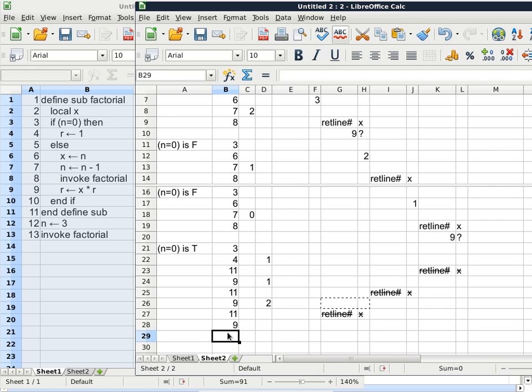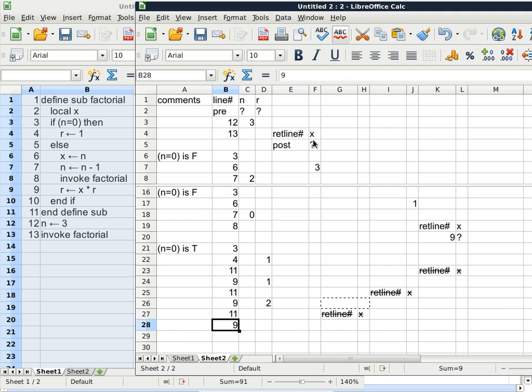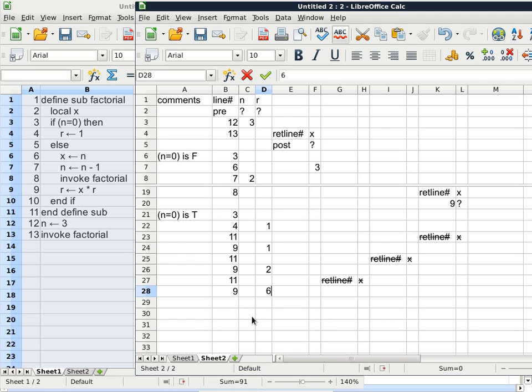All right, so you can see it's kind of getting boring at this point because now we're back on line 9, and line 9 is going to do its computation, the product, and then store the value. The question is, which x are we now talking about? Because G and H are now deallocated, so the rightmost column that has a label x is now column F. It has a value of 3. 3 times R is 6. We store 6 back into global variable R, and then we get out of the else branch of the conditional